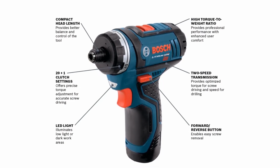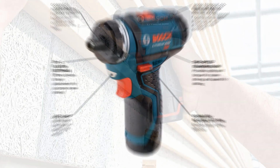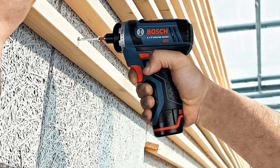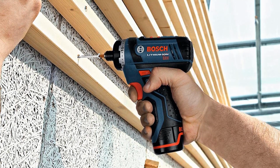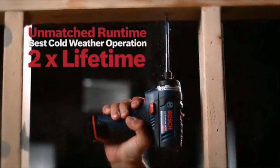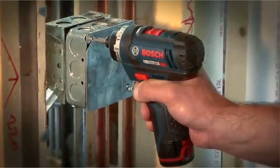The company has incorporated the same advanced technology in the Bosch PS21 12 Volt Pocket Driver, which features one of the shortest head lengths of 5.6 inches to offer more control and balance as well as to fit in small and confined spaces. It also has an integrated LED light and an impressive power-to-size ratio with weight of 1.8 pounds,